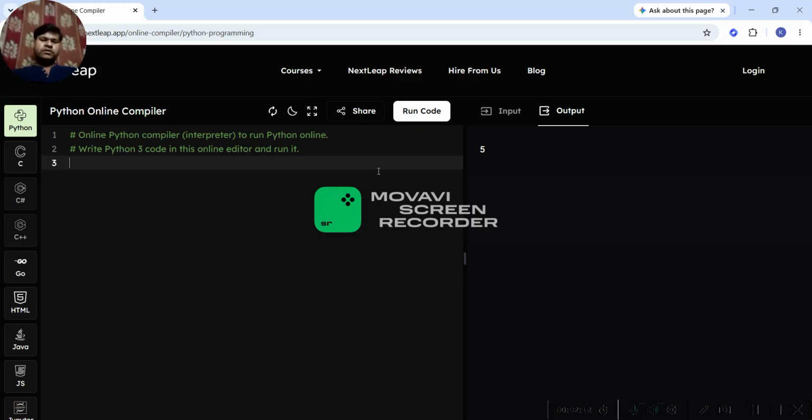Firstly, what is a function? A function is a reusable block of code that performs a specific task. Example: def